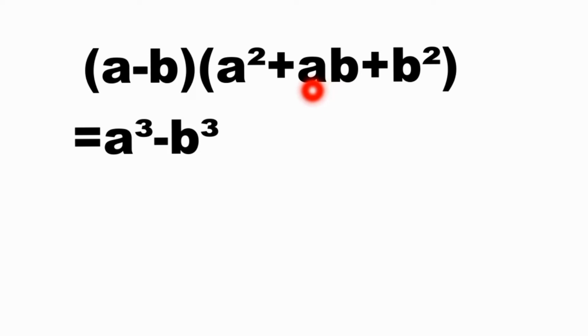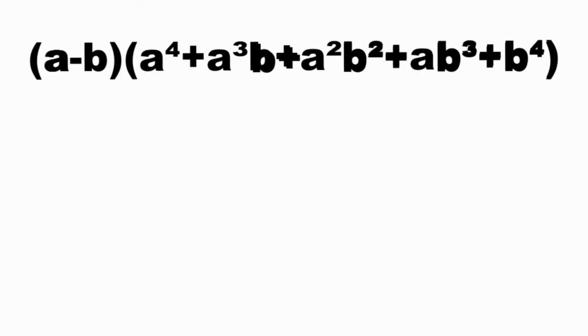The middle term is the product of the first and the second term of the binomial. We have here minus, plus, plus. The last term is the square of the last term of the binomial. So for the difference of